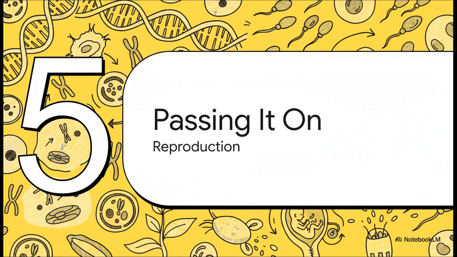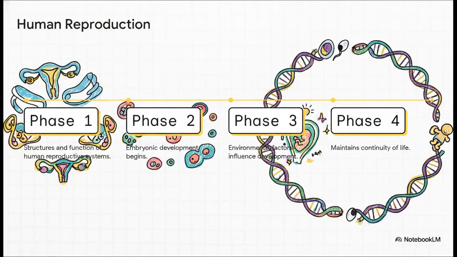Finally, we reach our last stop, Section 5, passing it on, reproduction. We've reached the final, macro-level stage of our biological journey, how organisms pass their manual to the next generation to maintain the continuity of life. Following the timeline, fertilization kicks the whole thing off, leading right into embryonic development, where the organism actually begins to